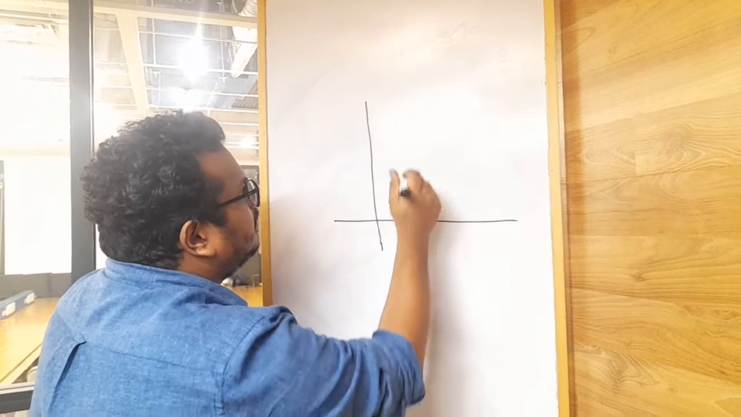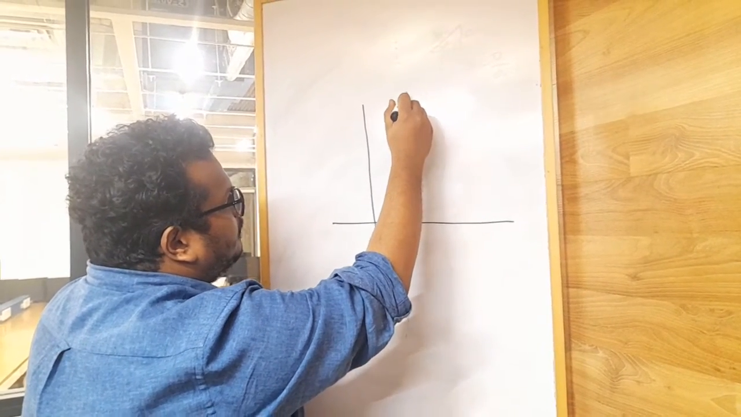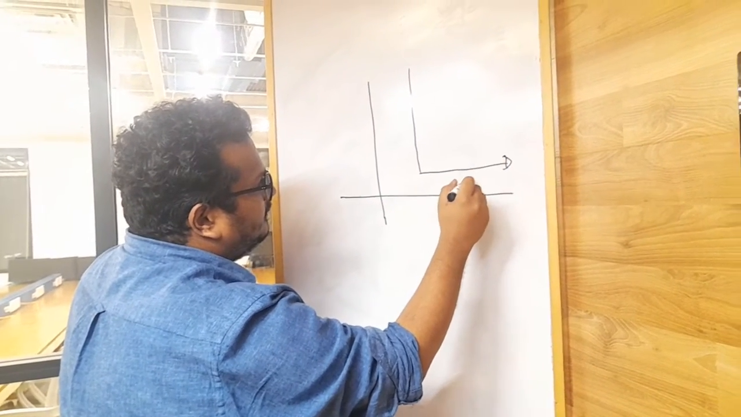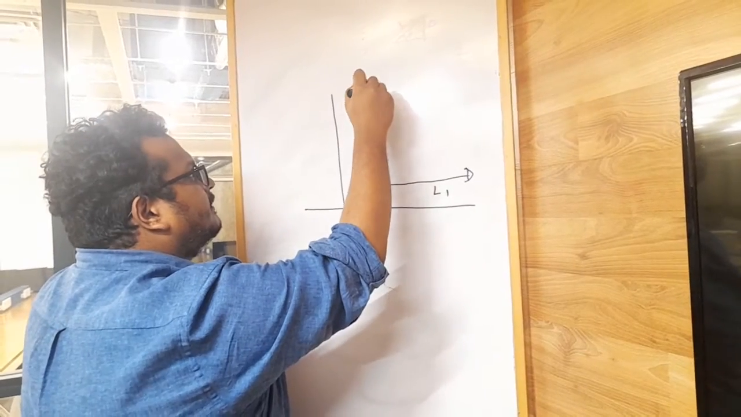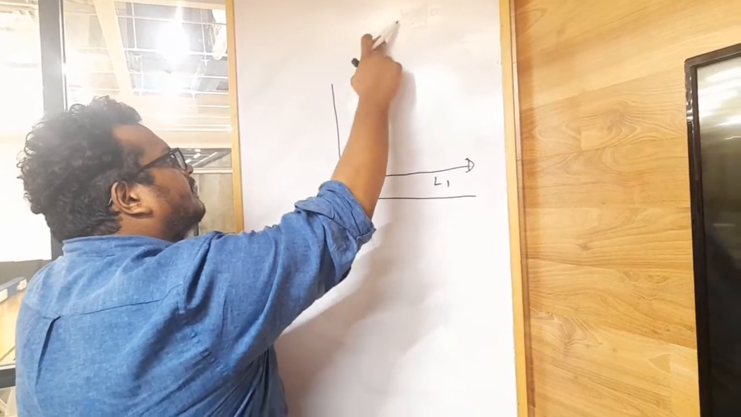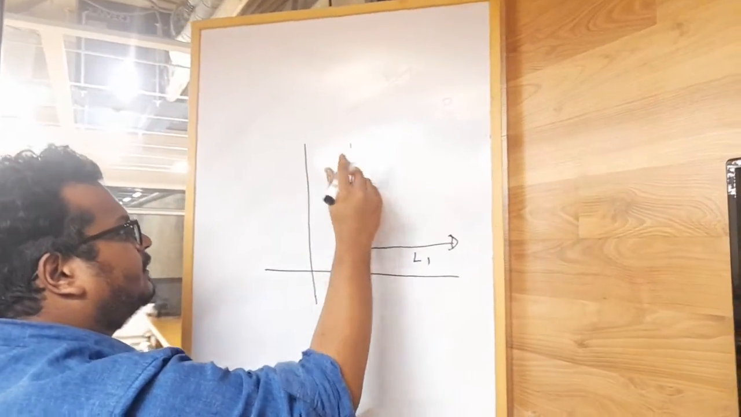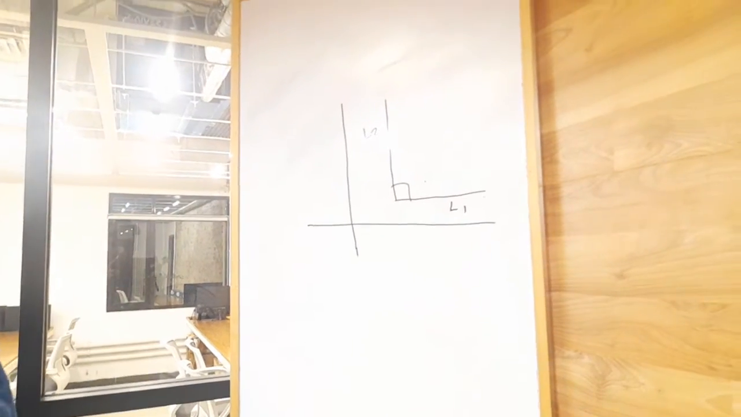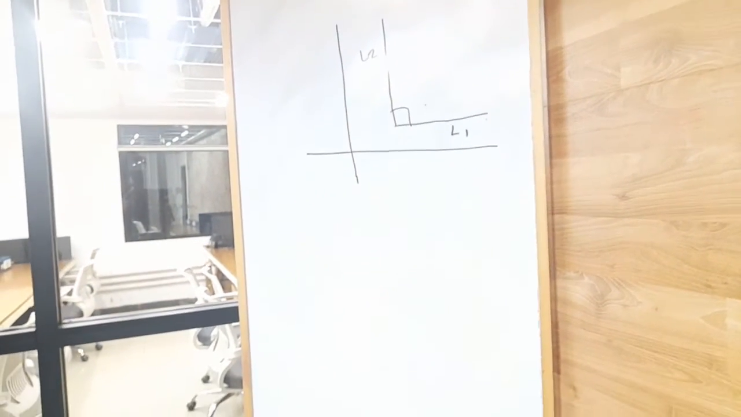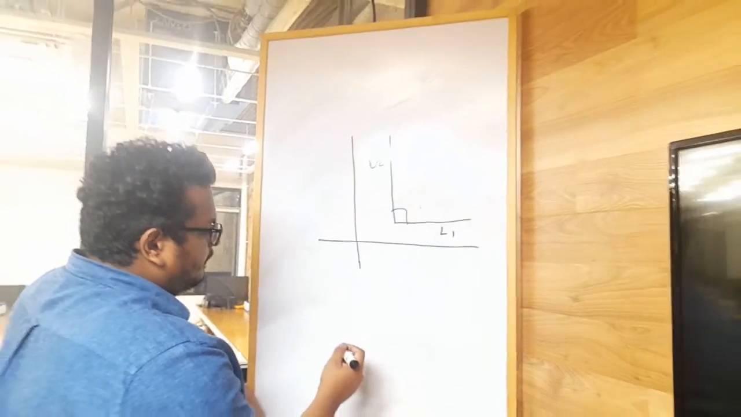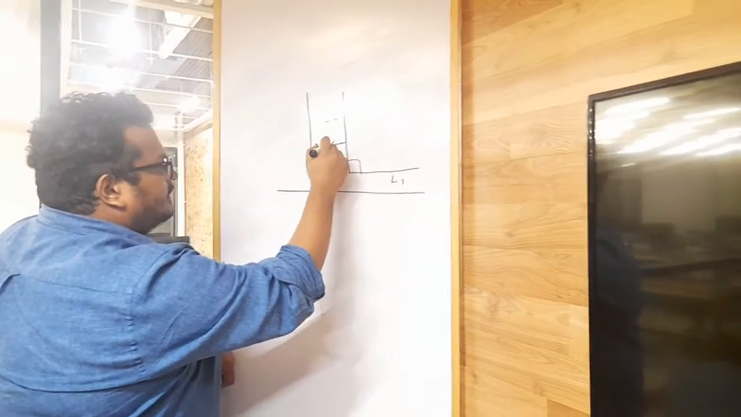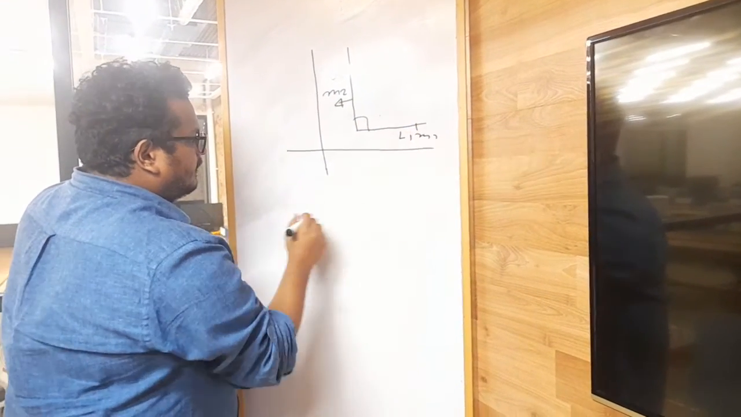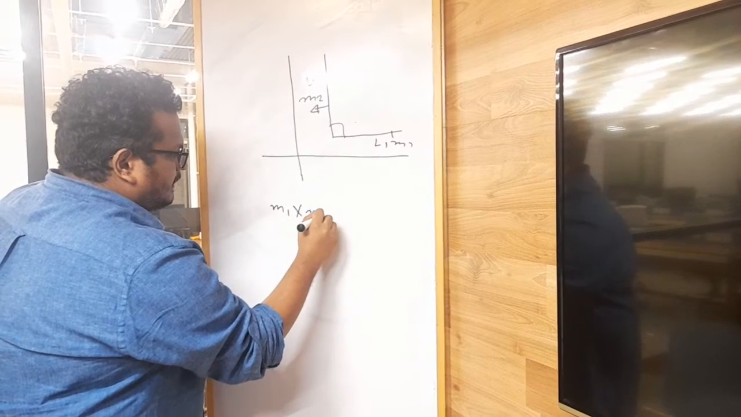Whenever you have two perpendicular lines, suppose this is L1 and this is L2, the product of the slopes of two perpendicular lines gives you -1. So suppose the slope of L1 is m1 and the slope of L2 is m2. So the product m1 times m2